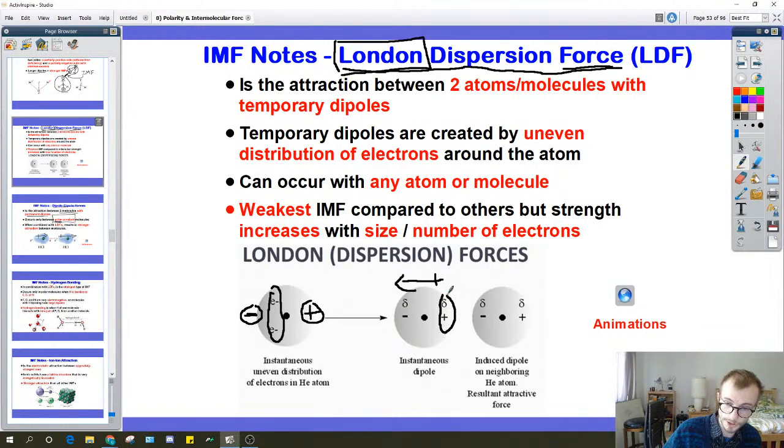Now, this positive charge is going to attract all the electrons to bunch up on this side. This side's going to become negative. So that's negative, this is positive. Oh man, it looks like another dipole. And so this kind of domino effect is called the London dispersion force, and it's what holds normal molecules together. A big thing to know,